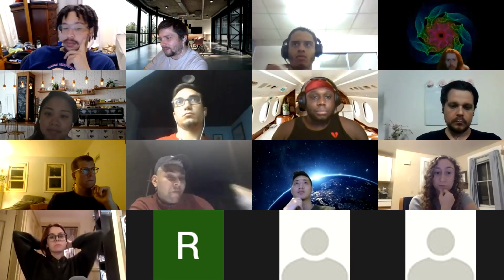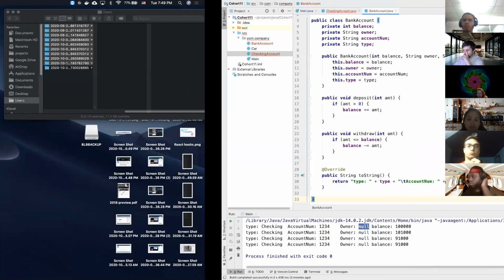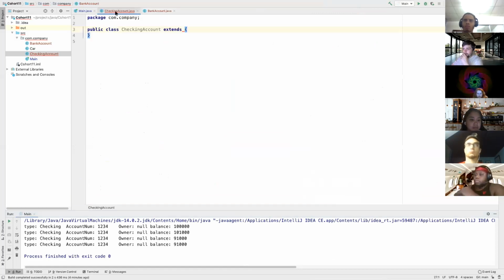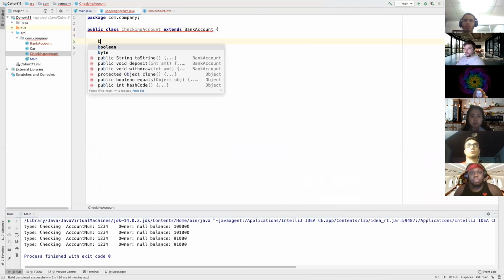All right, share screen. Go. All right. So we're gonna extend the bank account. And right now that's gonna tell us right away that there's a problem. The problem is bank account has a default constructor. And so that means our checking account needs to have a default constructor that will trigger bank account's default constructor. So let's start there first. So I'm gonna do public